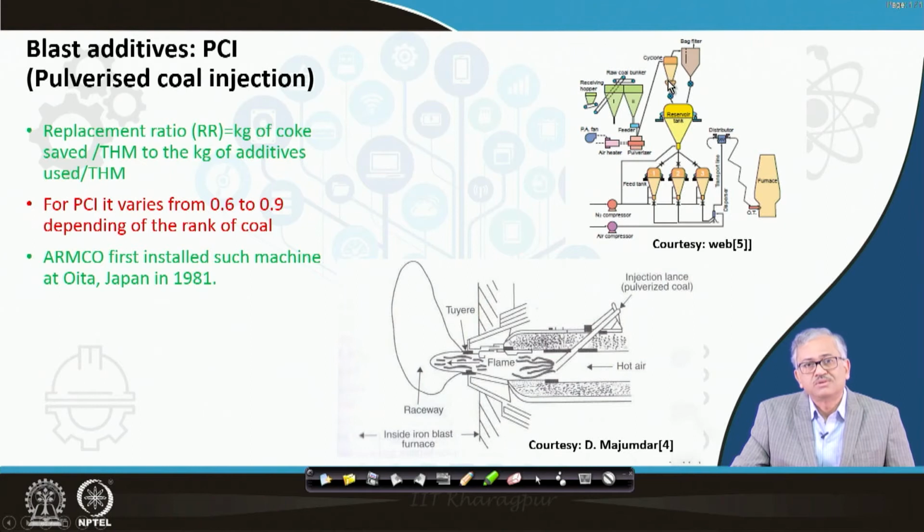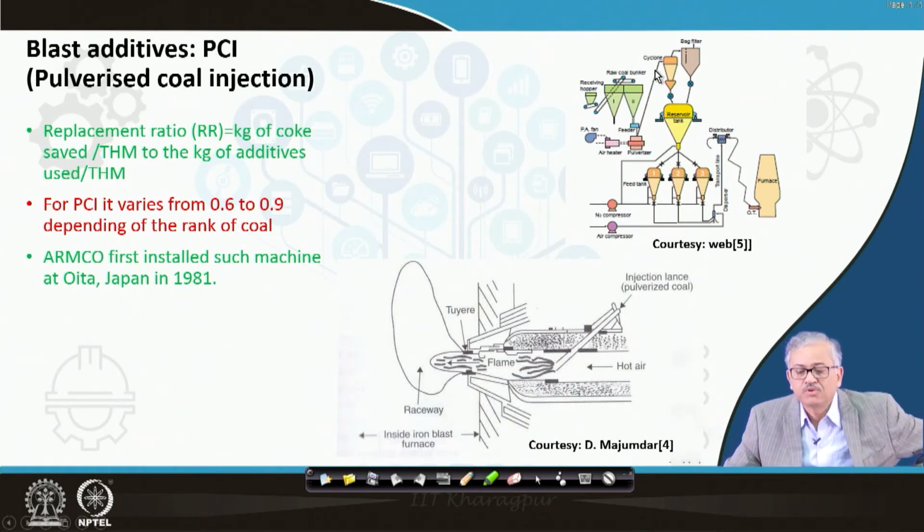you take it to the hydrocyclone separator, because this cyclone separator is required to take out the fines, which is the powdery mass, because the powdery mass also reduces the flowability of the PCI coal. Its size has to be small so that it burns in the raceway, but a too small or powdery size is also not good from the flowability point of view. That is why it is taken to the cyclone, and in the hydrocyclone you take out the fines in a bag filter, and then the underside comes up here, and this is the reservoir tank,